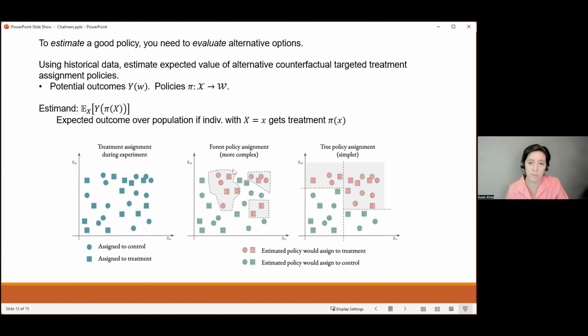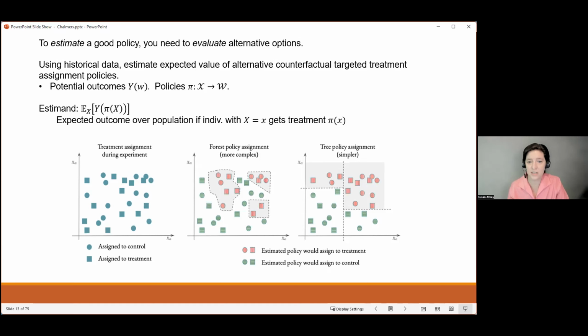So you see this shape in the middle, that's a complex policy that doesn't have monotonicity. So we're going to say, what would happen if, instead of just randomly assigning the treatment, I assigned the red people to the treatment and the green people to control? Well, if originally my data was randomly assigned, then in each of these regions, I'll also have a random assignment from treatment and control. And even though the policy itself might have a complex shape, evaluating it just means first divide my data into two groups, red group and green group.